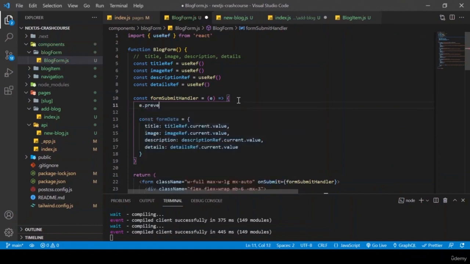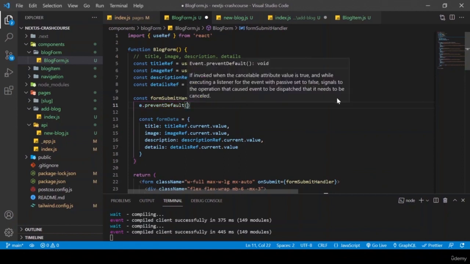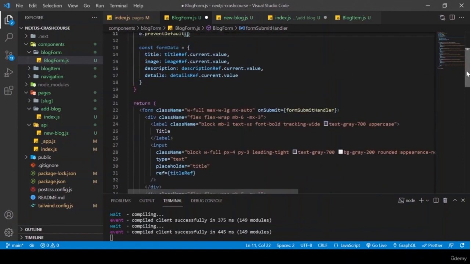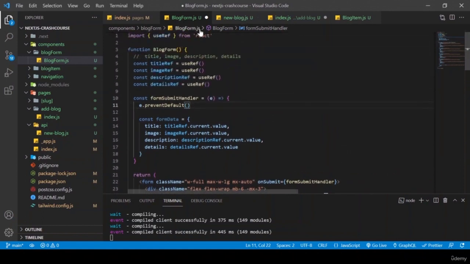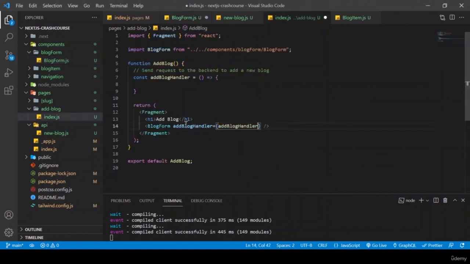Now we have our form data, but we should not forget to prevent default. So we'll say e.preventDefault because HTML automatically tries to refresh the page on form submission. But this is a single page application, so we are going to prevent that and let JavaScript submit the form for us. So now we have this function called addBlogHandler passed into our